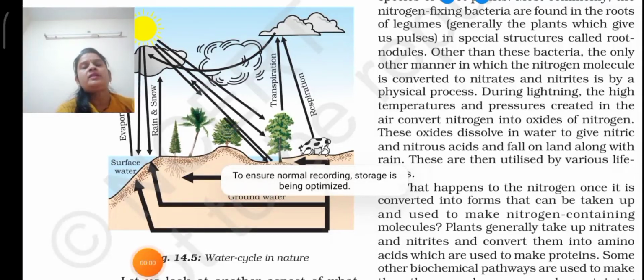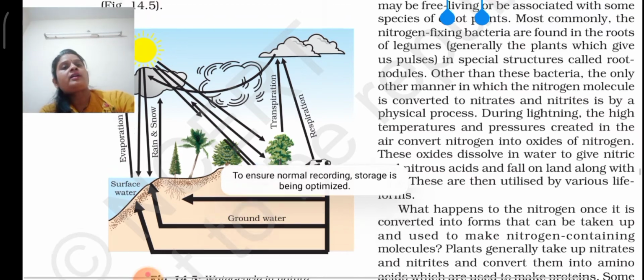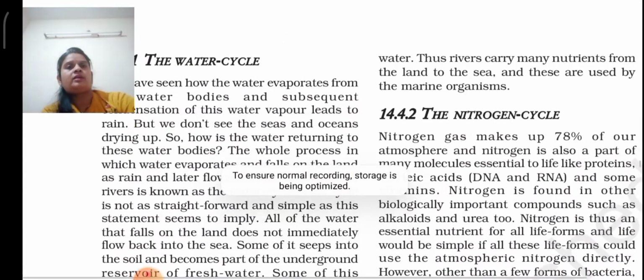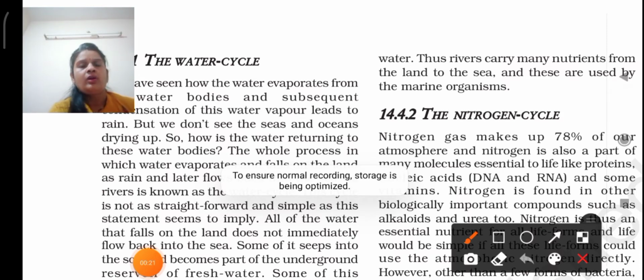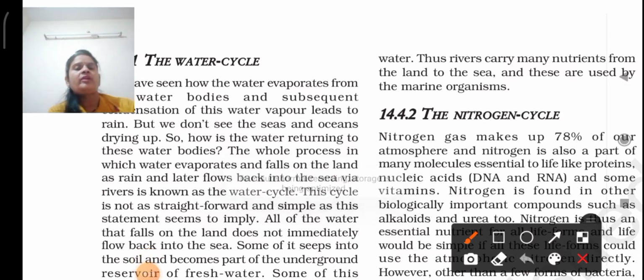Today we were discussing the biogeochemical cycle. Okay, so today we will take some examples of this kind of cycle. Our topic today is the water cycle. How is water transferred from one energy level or living component to a non-living component, and from a non-living component to a living component, and